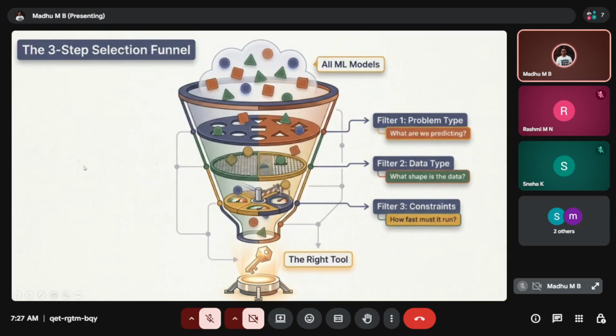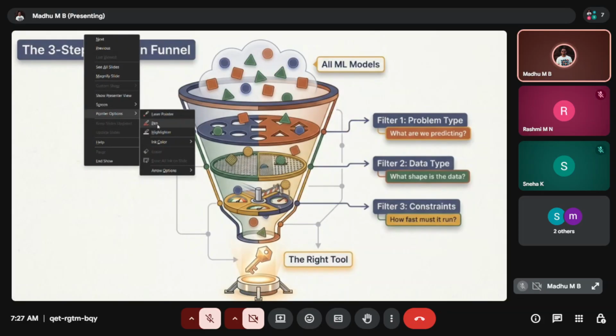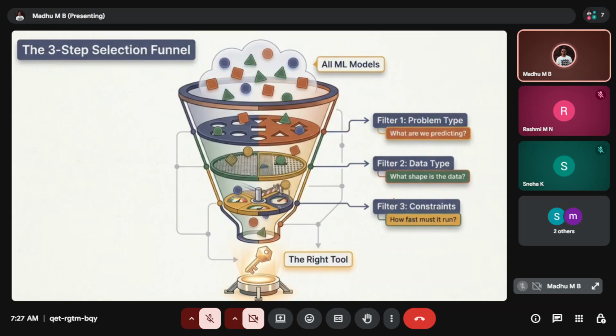That is one thing. Now, coming to step 3, the filter 3, the constraints. We need to know how fast my ML model needs to run. Is it time series, where the time is much shorter and we need to select a model which responds much faster?